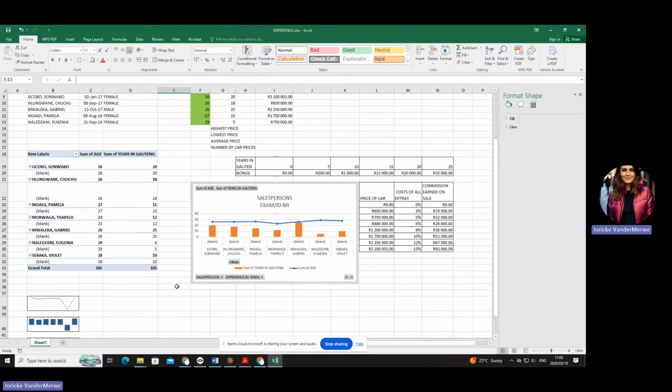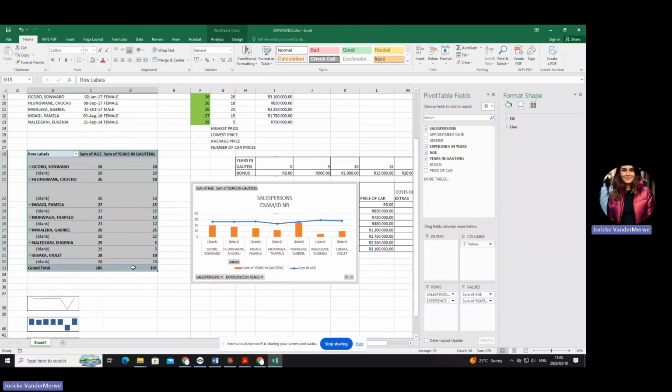Okay, one last thing I want to show you. Sometimes in this table here, they ask you to filter things. I'm going to see if I can look at an example from an old question paper. When they ask you to filter something, this is what you do. Okay? So let me just give you context.